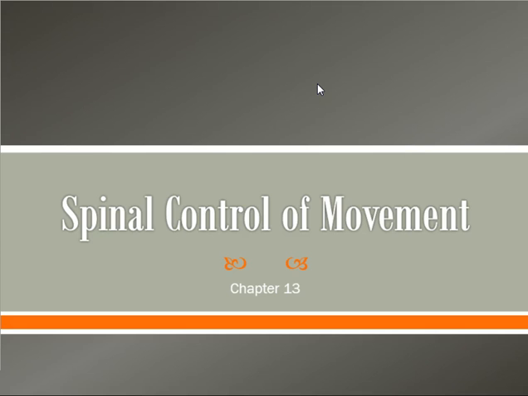Okay. So this chapter is called Spinal Control of Movement. This chapter and the next chapter are all about how we actually use our nervous system to cause motor actions to occur, which is often of great interest to people in this room, since we get a lot of physical therapy majors or occupational therapy majors, or people in other health science or pre-med orientations. A big thing we deal with has to do with movement problems, so it's really important that we understand how movement works. How is it that our nervous system causes movement to occur?